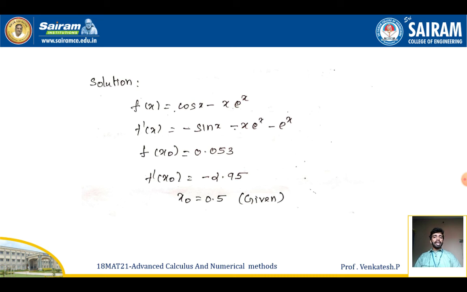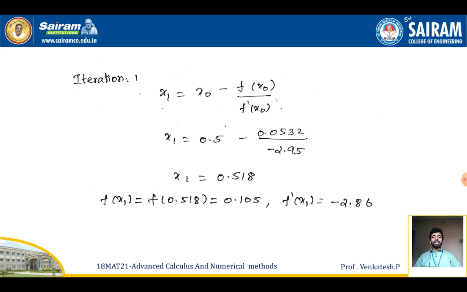So already they have given x naught is equal to 0.5. So in the f of x equation and f dash of x equation, I am going to replace x is equal to 0.5. So I got the values like f of x naught is equal to 0.053, f dash of x naught is equal to minus 2.95. So now I'm going to start the iteration. So in the first iteration, I'm going to replace n is equal to 0 in the main Newton-Raphson method formula, I'll get the equation like x1 is equal to x naught minus f of x naught divided by f dash of x naught. So replace the values of x naught, f of x naught, f dash of x naught in the formula and simplify it. We'll get x1 is equal to